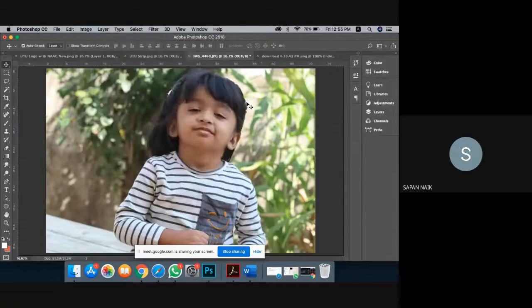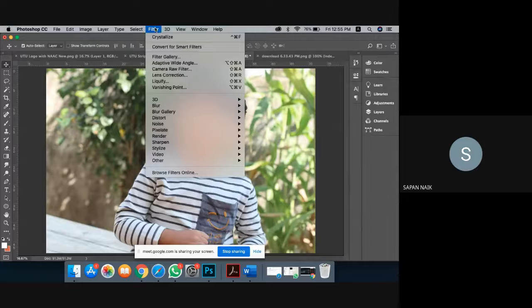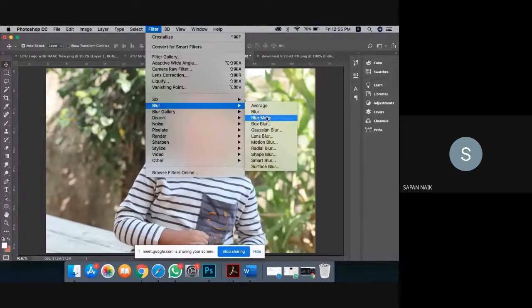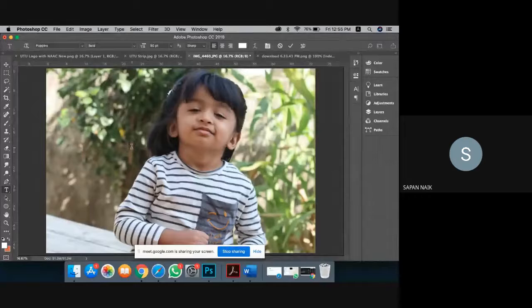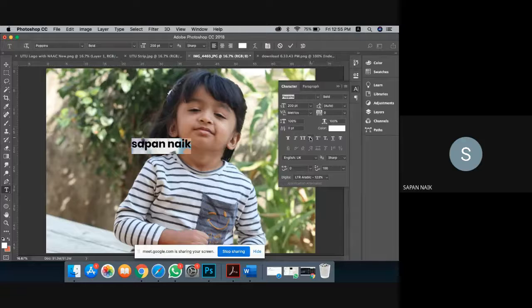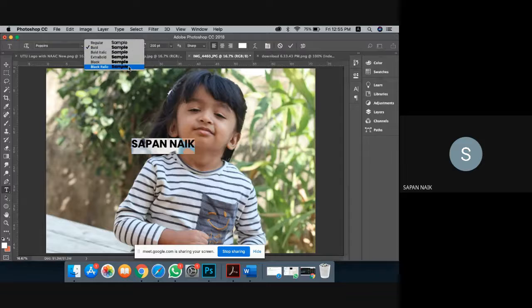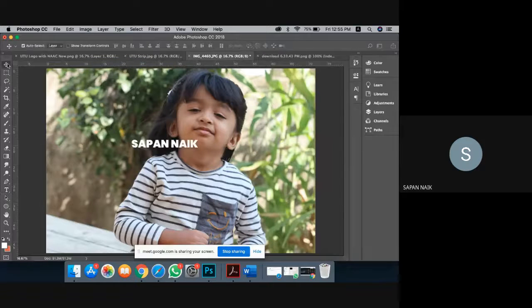Other than this, here is one tab called filter. In filter, you have many facilities available, like blur. Many of the times, suppose I want to write down Sapan Nayak. Let me make the font 200, all capital. This is not very bold, so make it bold. Now, if I put it here, I am not able to see anything. So what I can do is go to